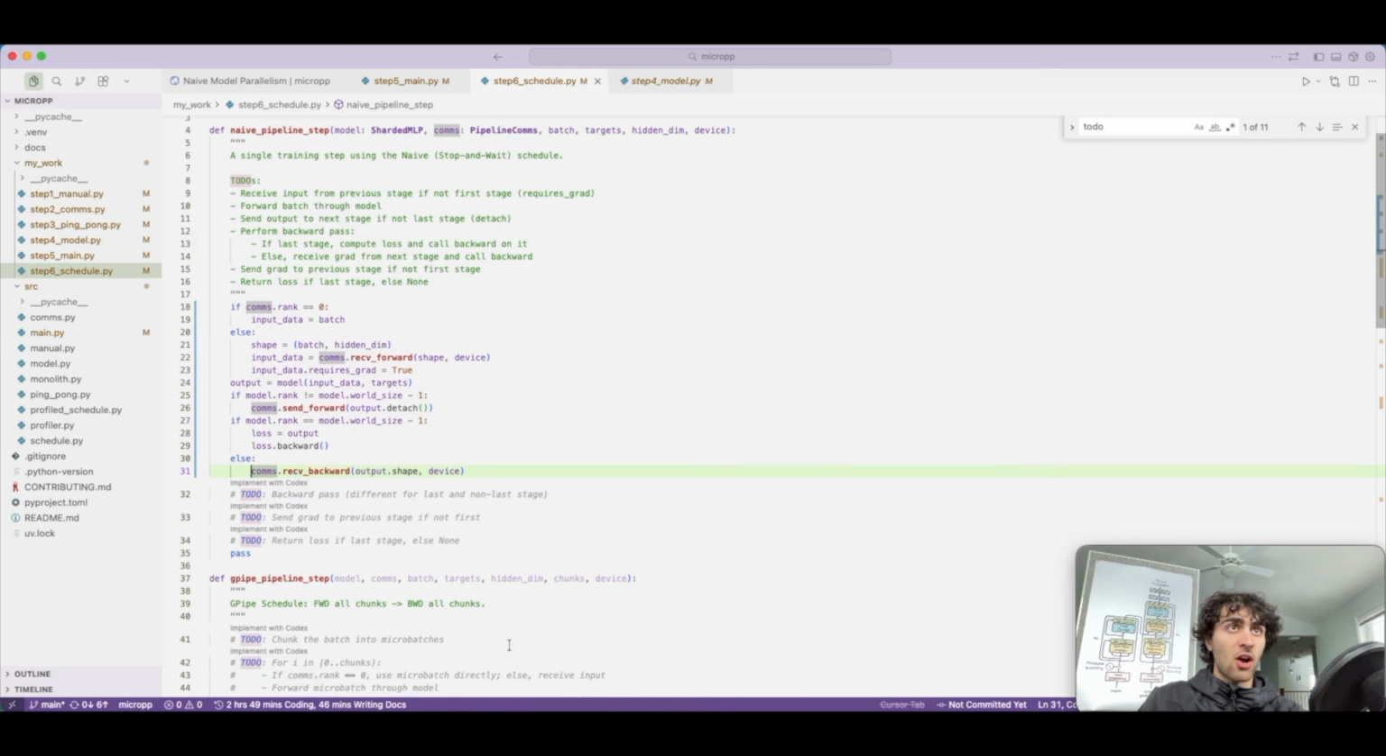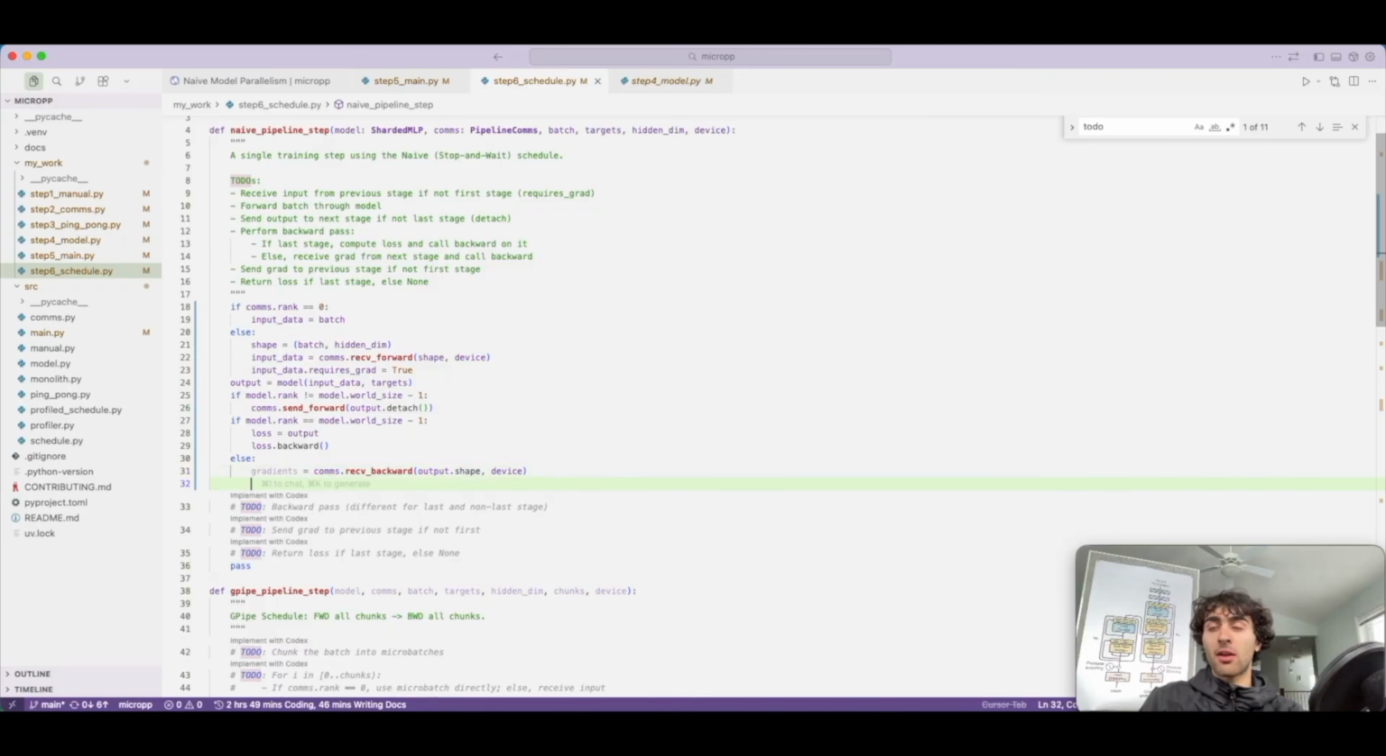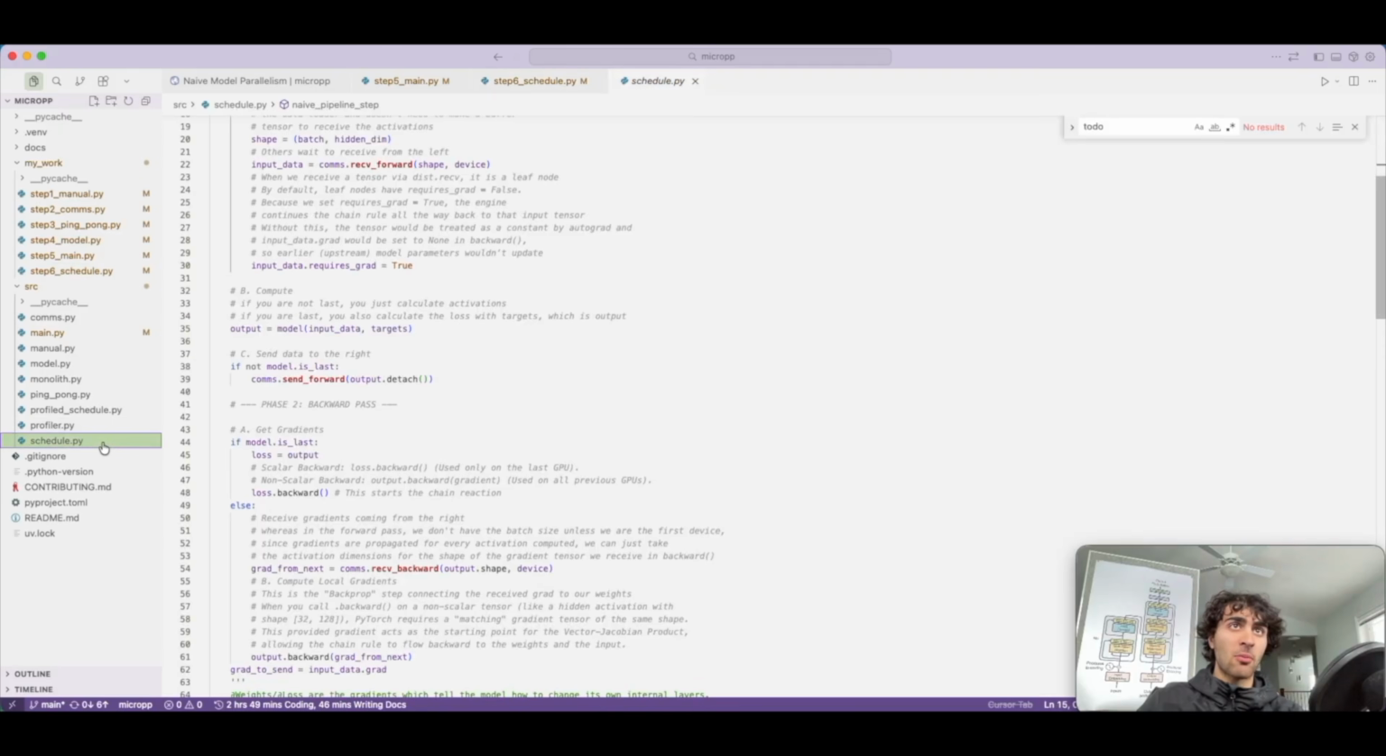So we can call this gradients equals this. And then we need to call backward on those gradients. So we have backward here. And how backward works when you don't have a scalar loss is that if we just check our schedule.py, where we have the explanation here,